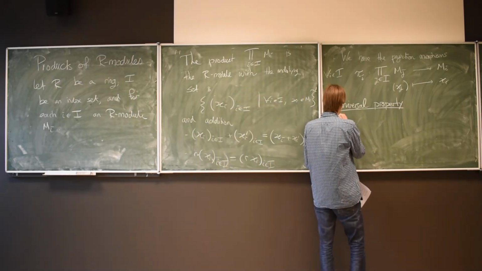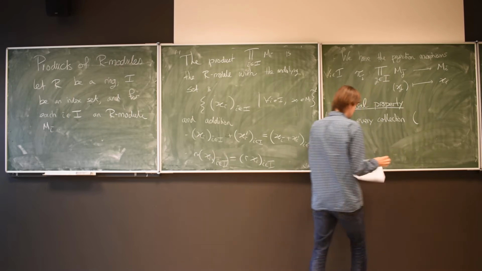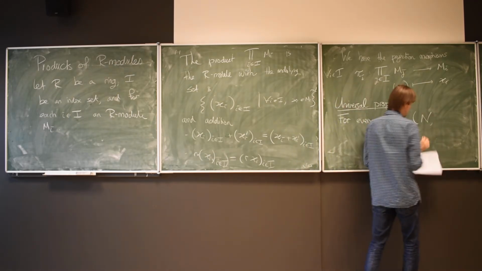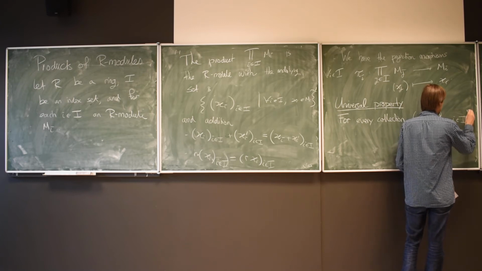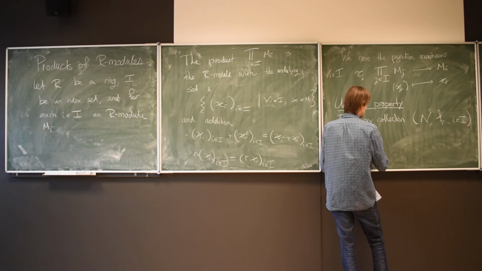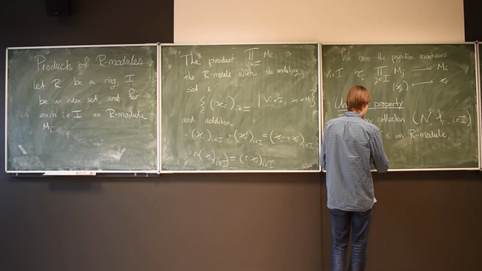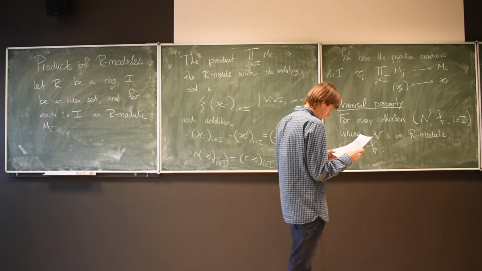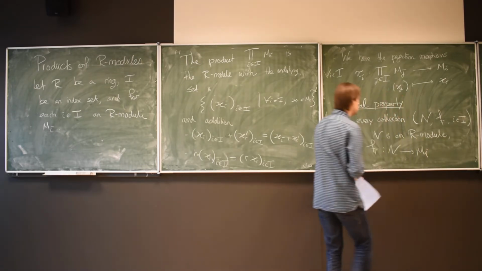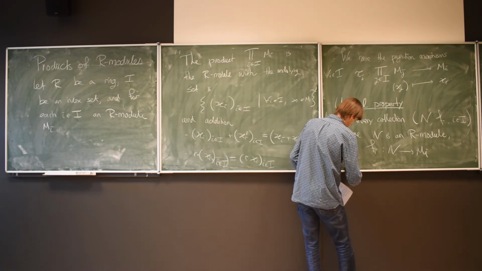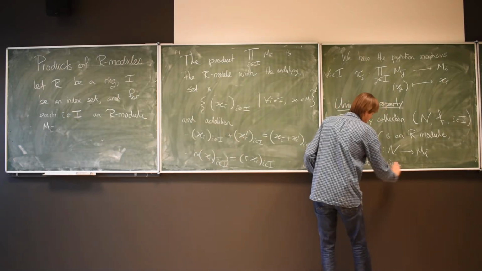So it says that for every collection consisting of some R module N and morphisms fi for every i in I, so where N is an R module and fi is a morphism from N to Mi, there exists a unique morphism